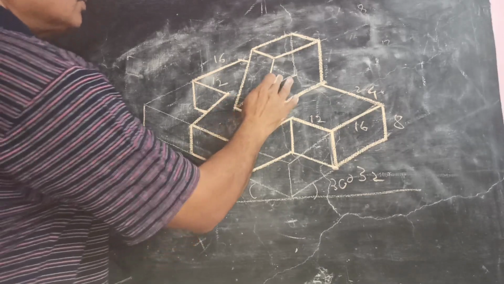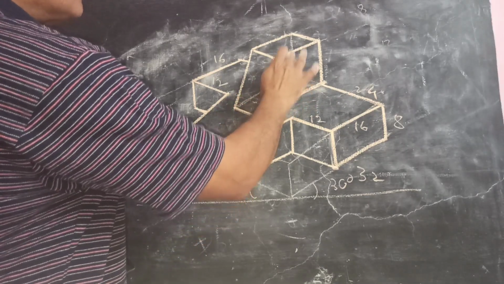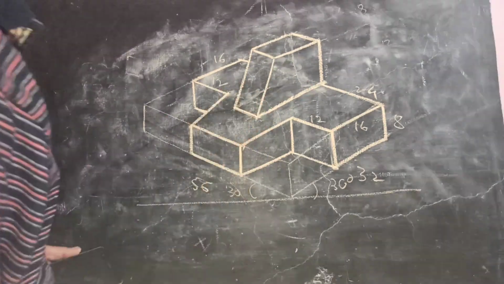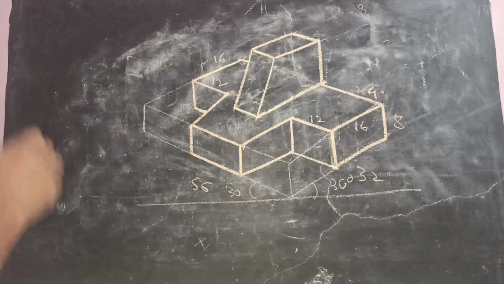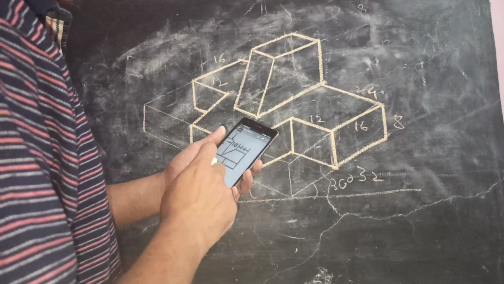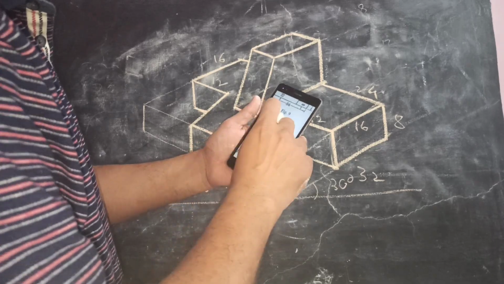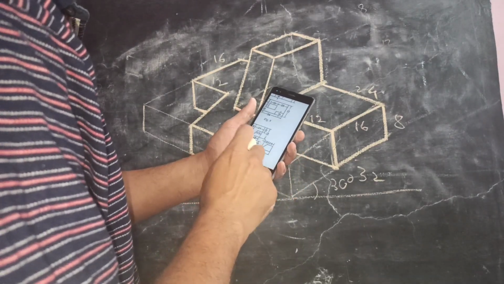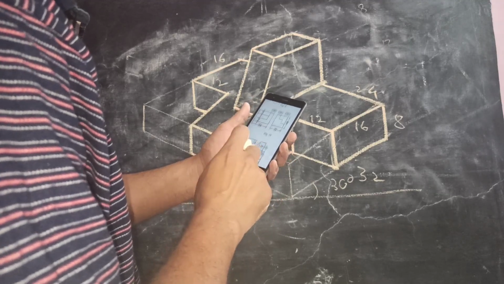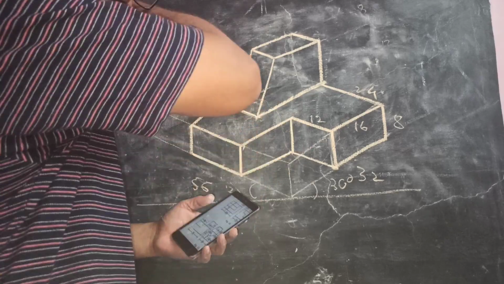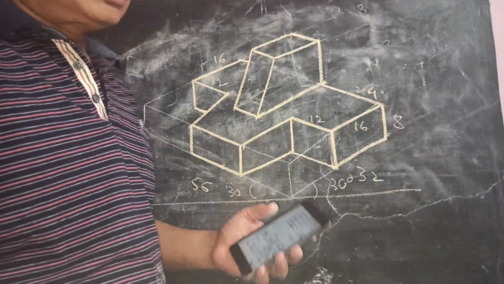Do not make it dark because it is not visible. So which is not visible is not to be made dark. So this is what is the 3D diagram of the problem shown here in your drawing book. So let us see another problem. Simple problems we'll start with, and then we'll see the difficult problems.